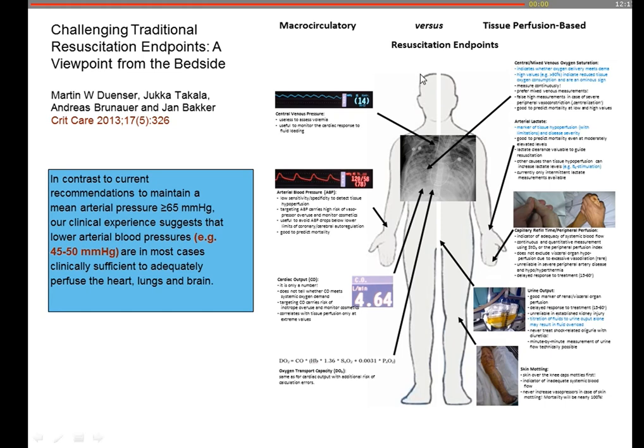And so if you're at the right side of the slide, and the indicators of adequate tissue perfusion are normal, then please don't worry too much about the macro hemodynamics. Because as John Ince introduced, the coherence is more related to the effect of the macrocirculation on the micro than the macro. I would rather have a normal microcirculation than a normal macrocirculation.